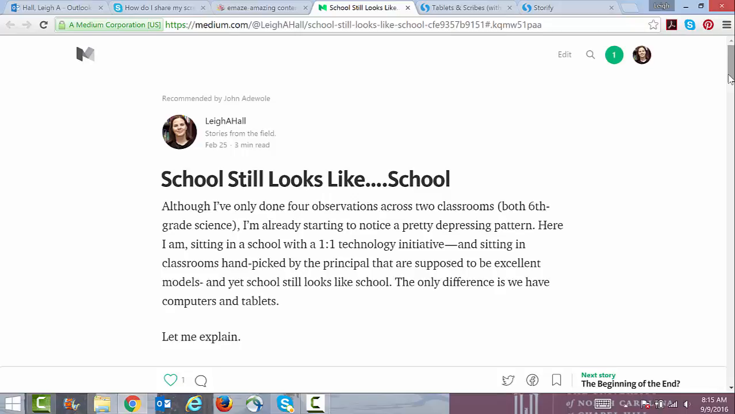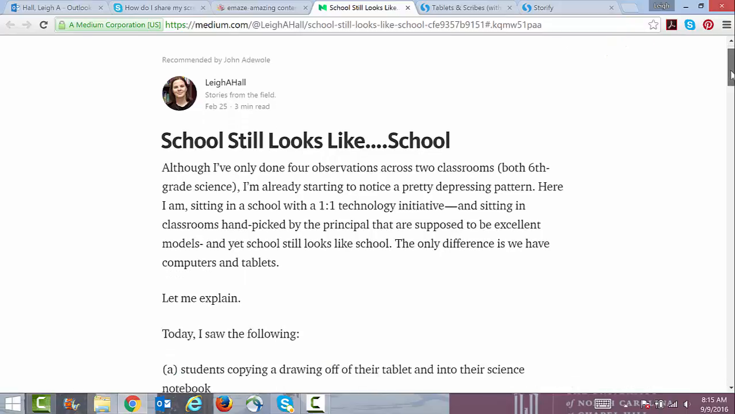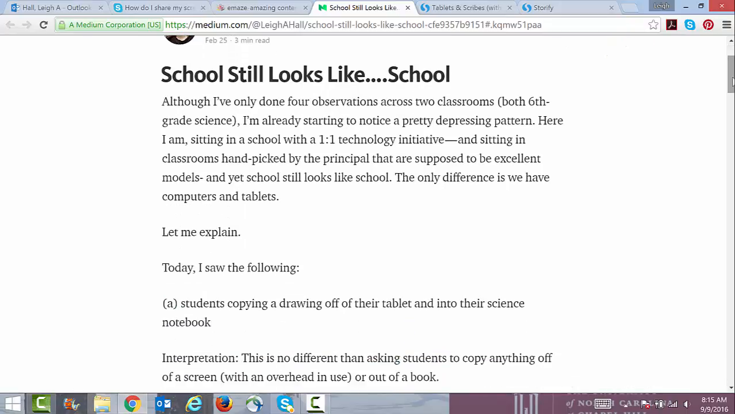So after I did the Tablets and Scribes observation, I came home and I thought, oh my gosh, what am I going to do? I have all this information and it's scattered everywhere. So it took me a little bit to refine this and get it worked out. But on Storify here, what you can see is I am just writing about what I think is